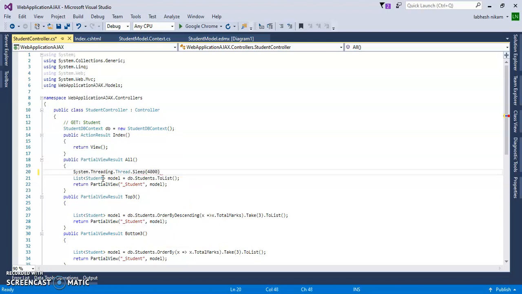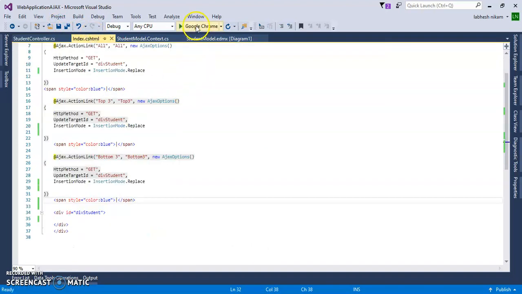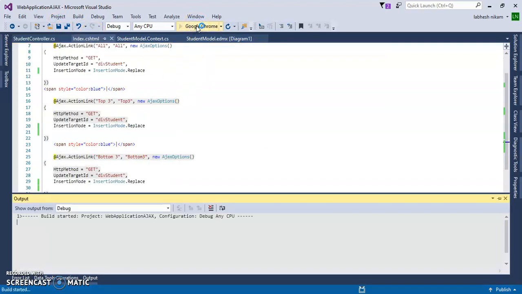It means 4 seconds, right? Same as that, for all the partial views we will provide this processing time, so that the process will take 4 seconds to complete. Let's run it and check it.